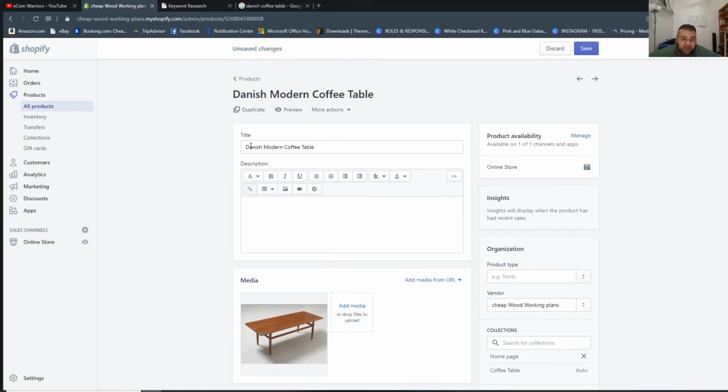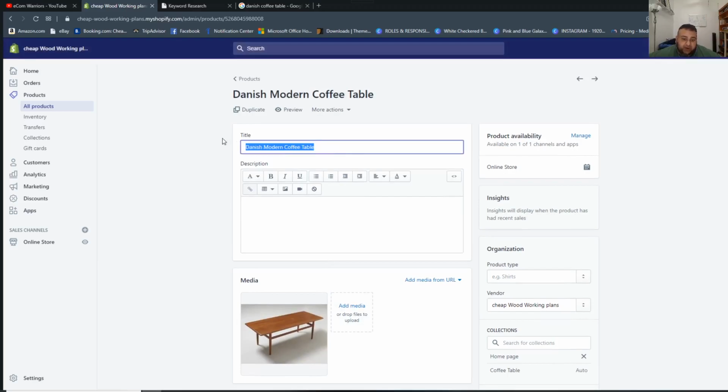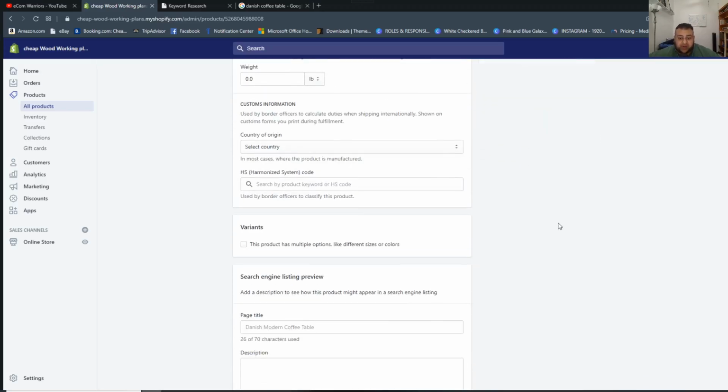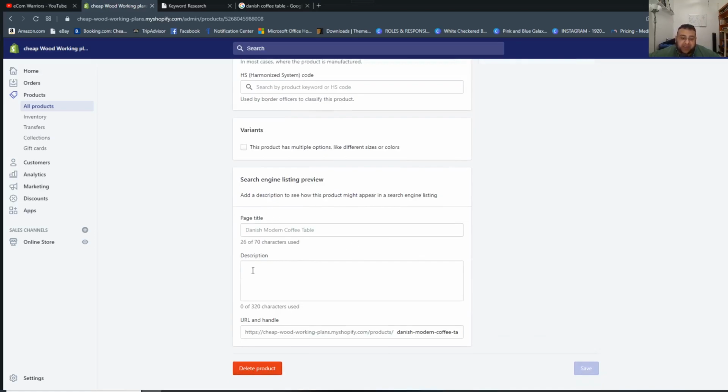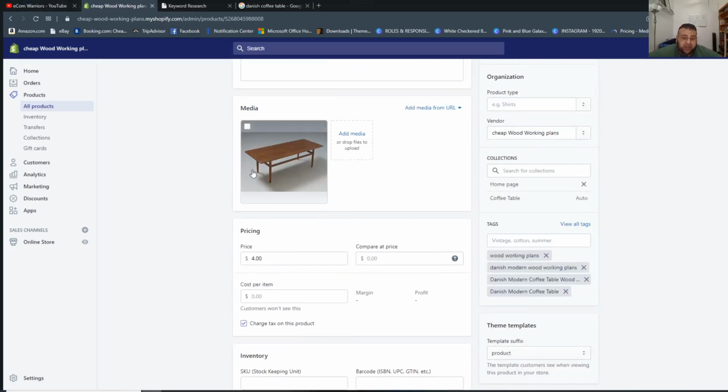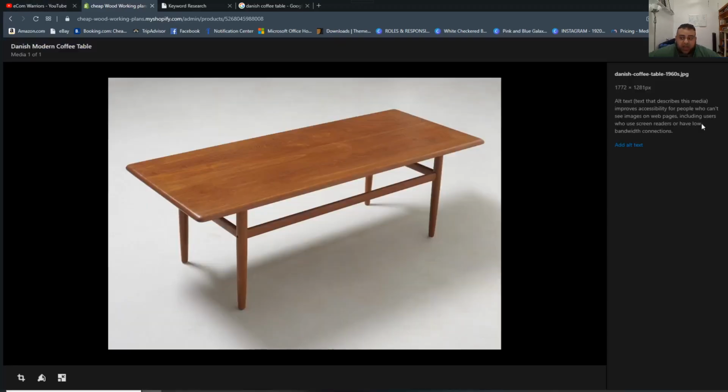So in this case, we have our Danish modern coffee table. This is our keyword for the actual product. We have our tags that are related. So we have woodworking plans, Danish modern woodworking plans, Danish modern coffee table woodworking plan. We have Danish modern coffee table as a keyword. And then what we did here was our main keyword, you could see here, is Danish modern coffee table as our slug, okay? So now what's left is we have to just click on this image, okay, and we hit